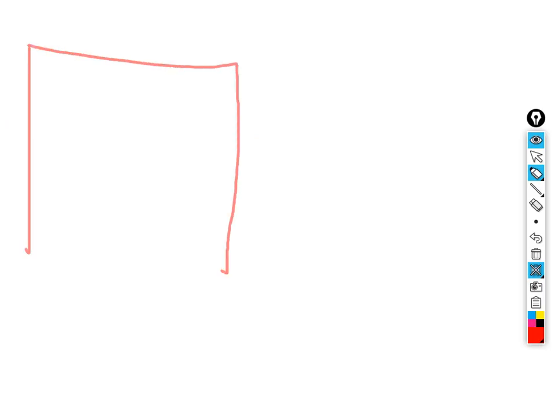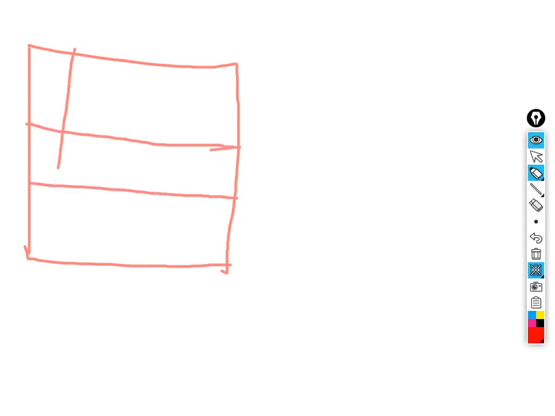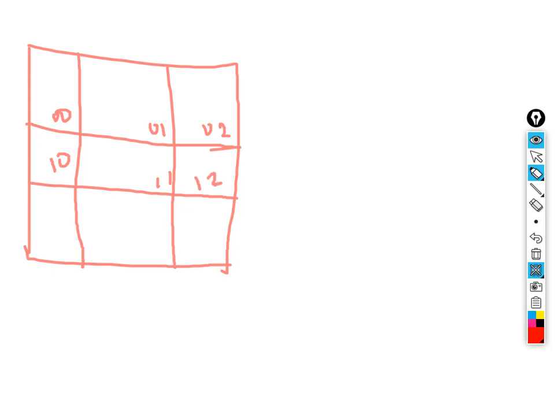So this is the grid that we are having. The robot starts from here, which is 0 0. This would be 0 1, this would be 0 2, and consecutively this would be 1 0, 1 1, 1 2, 2 0, 2 1, 2 2.